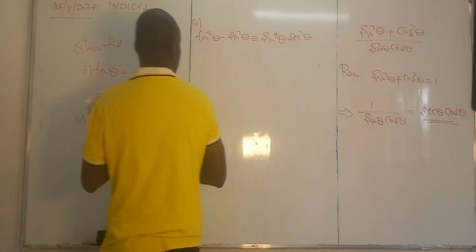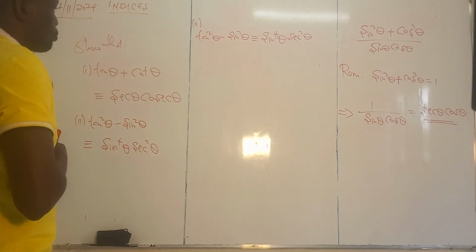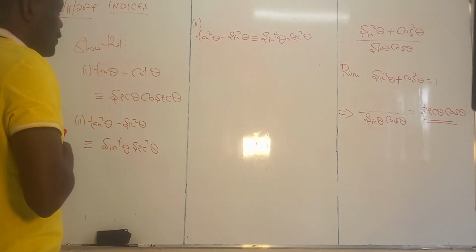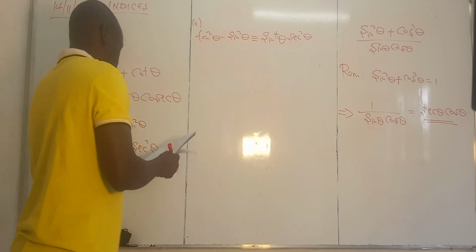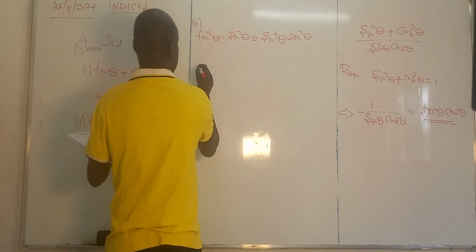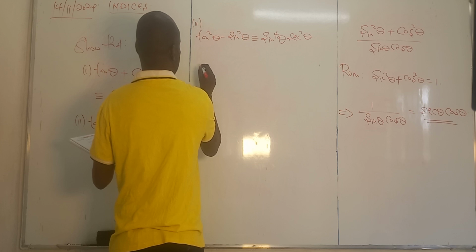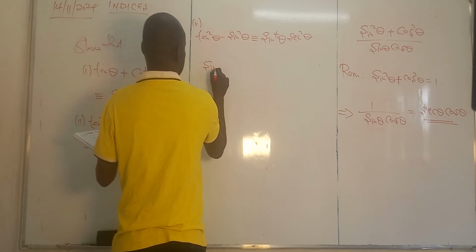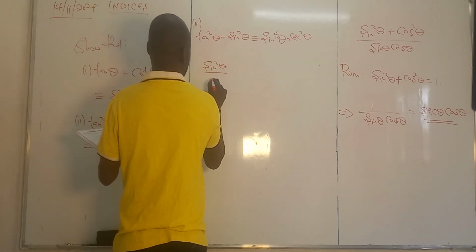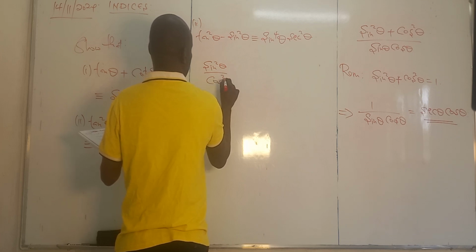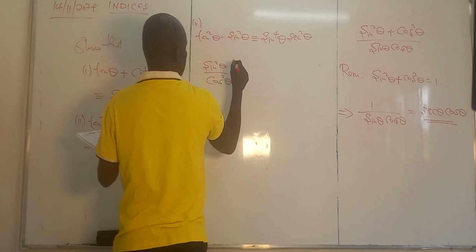So tan squared of theta is sine squared of theta over cos squared of theta. So I can start by saying sine squared theta over cos squared theta, that is this part,